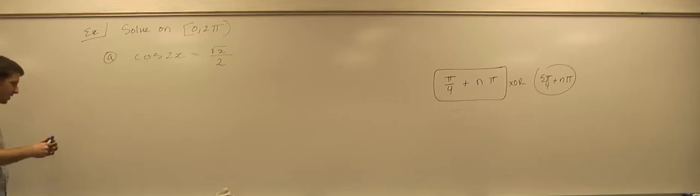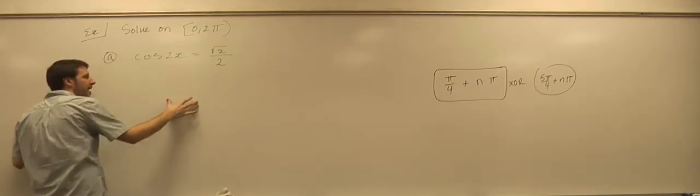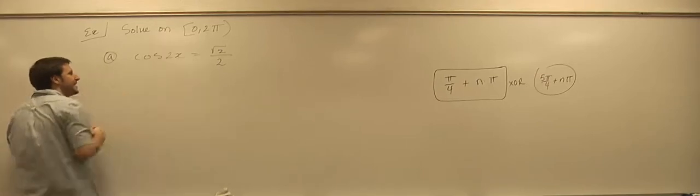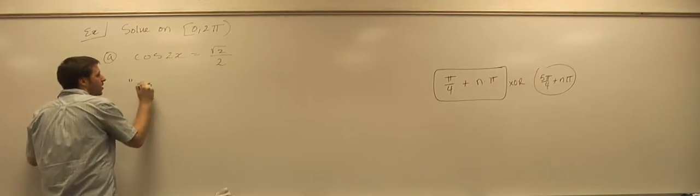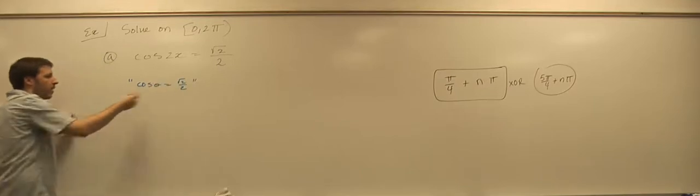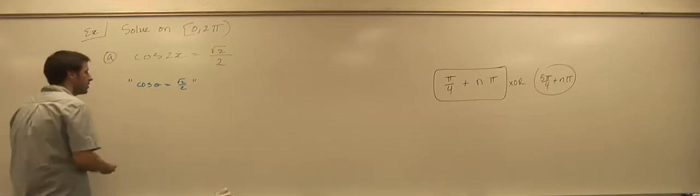right, the idea here is you want to sort of translate, first you want to answer the question, well, what happens if this weren't 2x? What happens if I didn't have a multiple angle? What happens if I were just solving cos θ equals √2/2? Right, what would I get for that? How would I do that? You turn to your unit circle